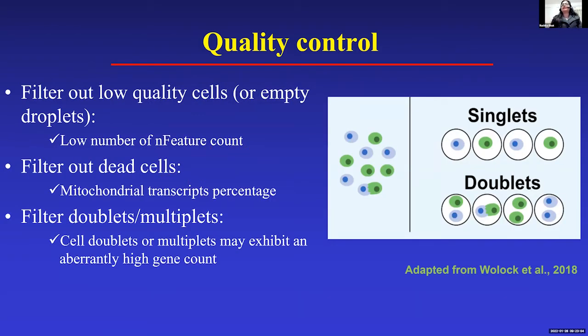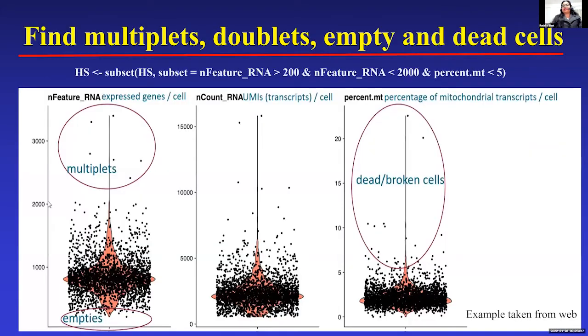Since it is single cell data, anything which is not a singlet, that is multiplets, doublets, or the cells which were lysed while handling the library preparation, they are all noise to us. So we are focused only on singlets here, only the single cells and nothing else. So how do we get to know what the single cells are and how do we remove the rest of them? While using Seurat, there will come one point where I will show you in the demonstration as well,